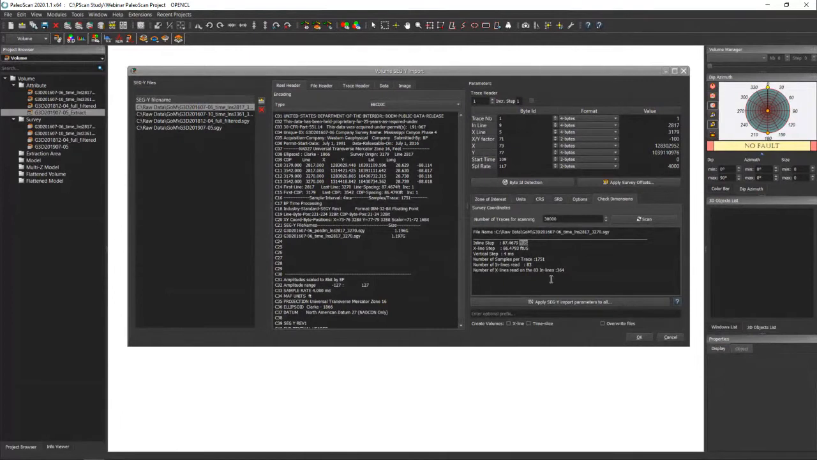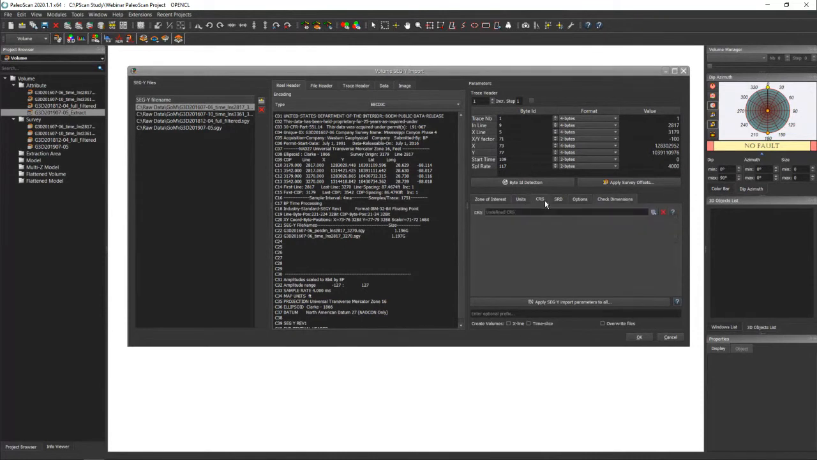Now, assuming that all my volumes have the same byte ID, the same unit, the same CRS that I didn't apply yet, the same SRD and the same options. SRD is irrelevant here because I'm working with a time volume, so I'm not going to fill in this case. But I'll be able to hit this apply SEG-Y import parameters to all, which is supposed to save me some time if I assume that all the 4 volumes I've got in my list are set the same way. But first, as I said, this first volume here is defined in UTM zone 16 feet,